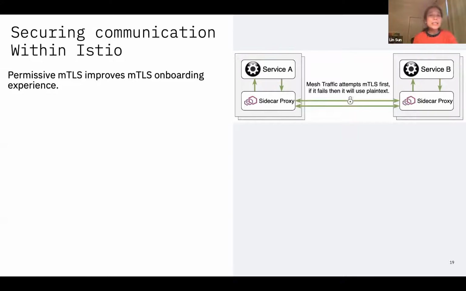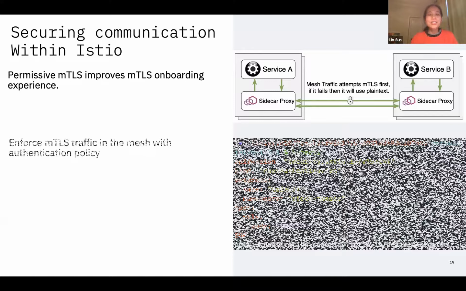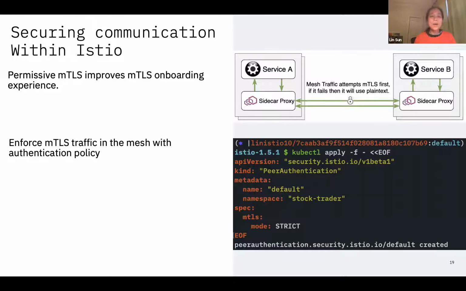It means the Envoy sidecar will attempt mutual TLS first, and if it fails, it will use plain text so the traffic can still go through. This is helpful for your onboarding, but it doesn't help when your security team says, I want every single traffic to be strictly mutual TLS.